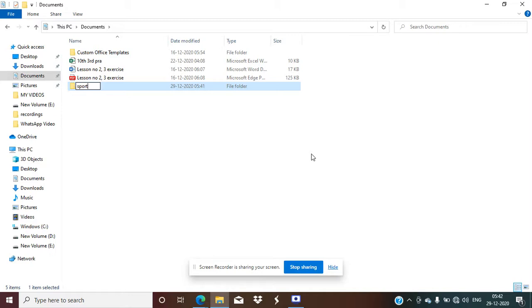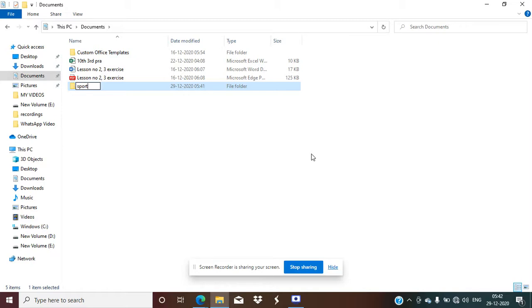Suppose you don't give any name to your folder, the computer will by default take the name New folder. And if you create new folders likewise and don't give names, the computer will add on new names like New folder 1, New folder 2, New folder 3. So to identify the proper folder, you have to give a specific name here.